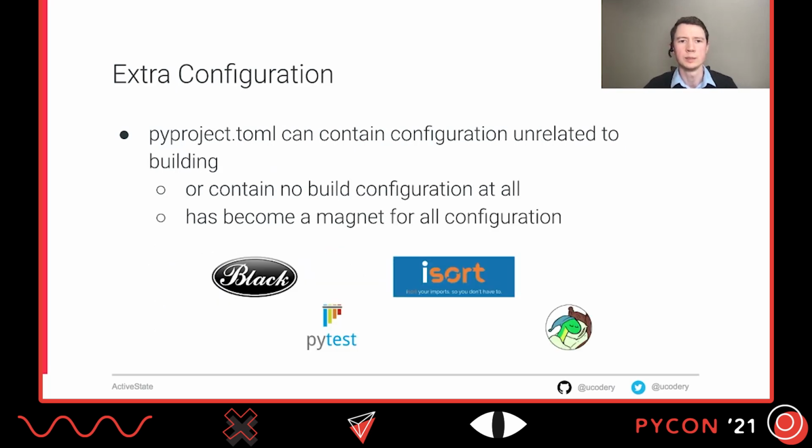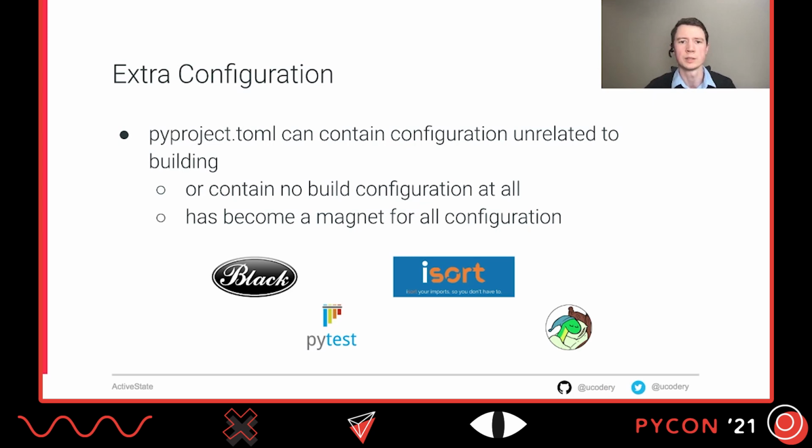However, it's not only build metadata that ends up in pyproject.toml. Despite that being its singular goal when it was conceived, having a single configuration file that's known to exist for all Python projects was just too attractive for many tool maintainers to avoid. And over time, space was made in the TOML layout for arbitrary Python tools to share and not conflict with one another. Some projects, such as Black, only allow authors to specify configuration in pyproject.toml,